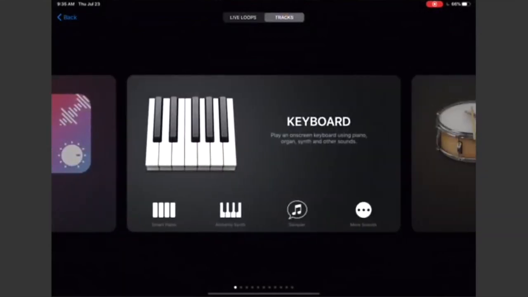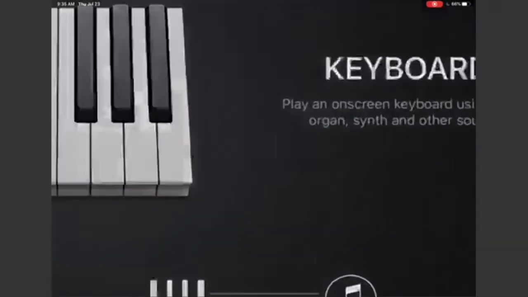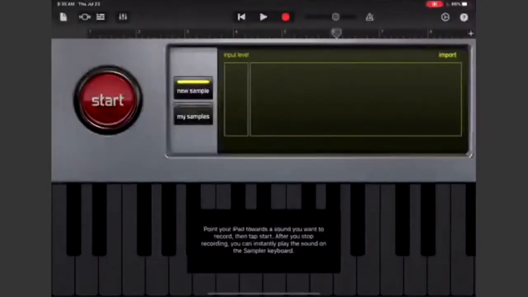Another thing I want to show you is if you go to the keyboard again, I'm going to show you the sampler. So we see at the bottom it says Smart Piano, Alchemy Synth, and next to that is a sampler. So if I go to the sampler, this is where I can make my own samples. So if I hit start,